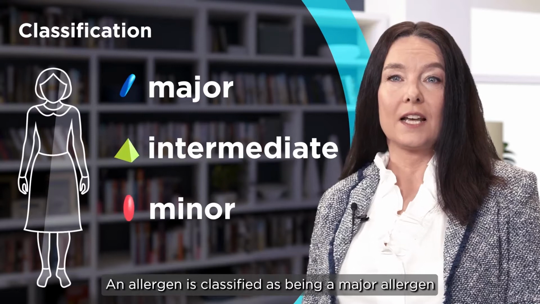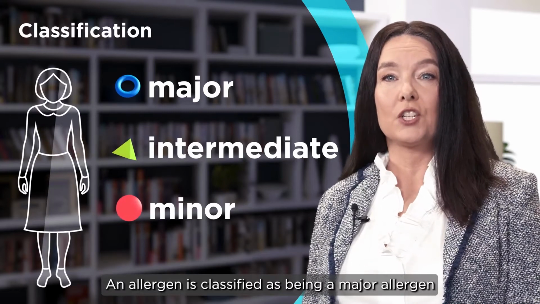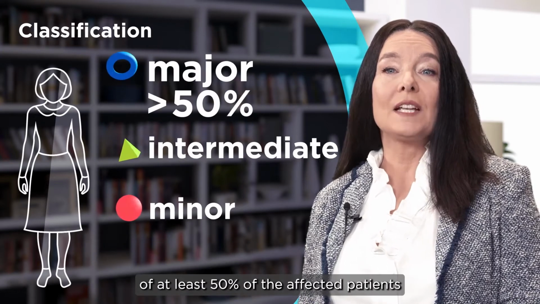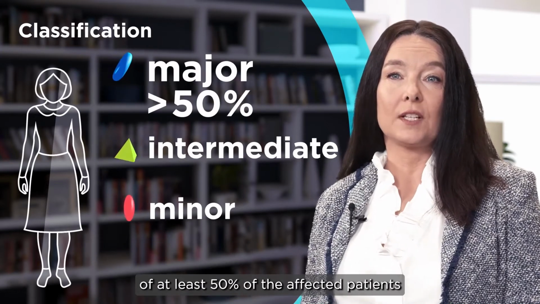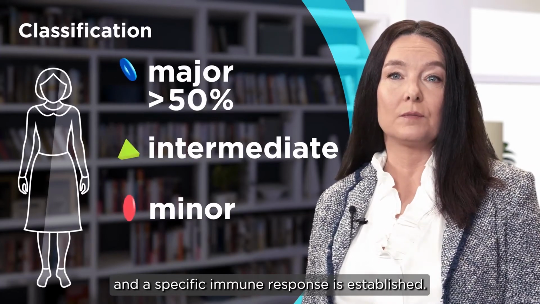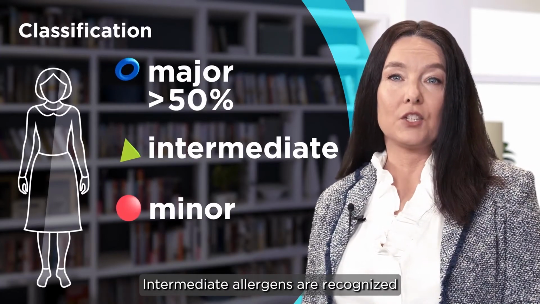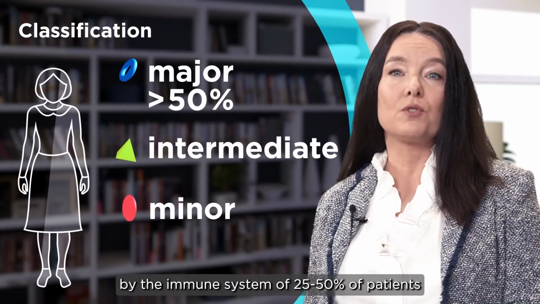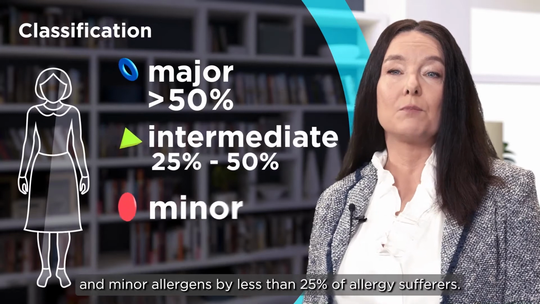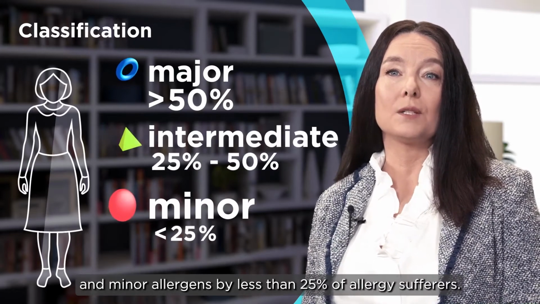An allergen is classified as a major allergen if it is recognized by the immune systems of at least 50% of the affected patients and a specific immune response is established. Intermediate allergens are recognized by the immune system of 25 to 50% of patients and minor allergens by less than